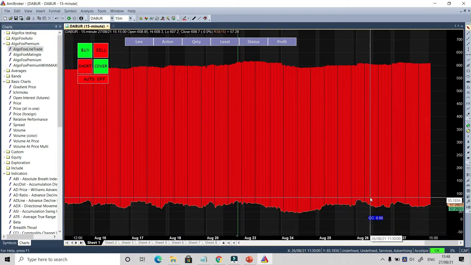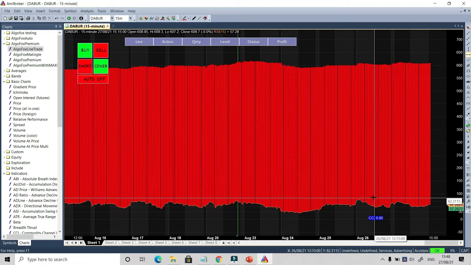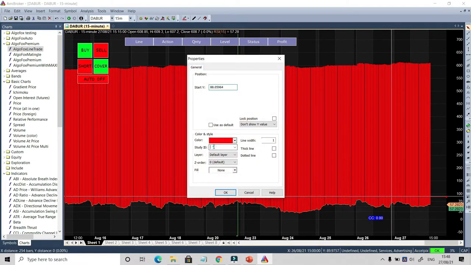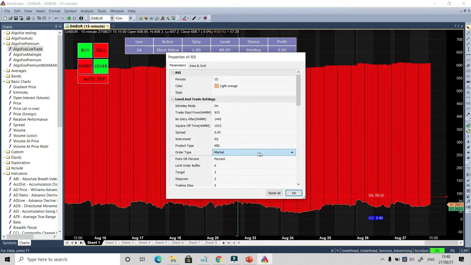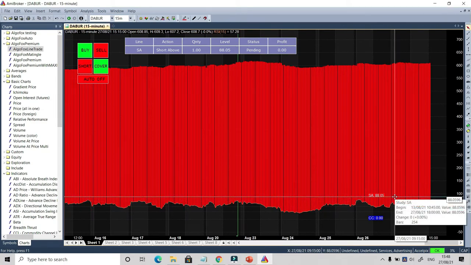So now, for example, if I want to ensure that whenever RSI goes above 80, I want to short, I'll just take a horizontal line, come here, and at around 85 levels, I'll plot this horizontal line, double click on this horizontal line and write SA, short above. So basically whenever RSI goes above 85 levels, or 88 levels, I want to take a trade. And when I click on OK, now it is short below. I'll just right click, go to parameters and make it short above. So that's it. Now whenever the RSI line goes above 88 levels, automatically a short entry would be executed without any coding. You can in fact find patterns in lower indicators as well.